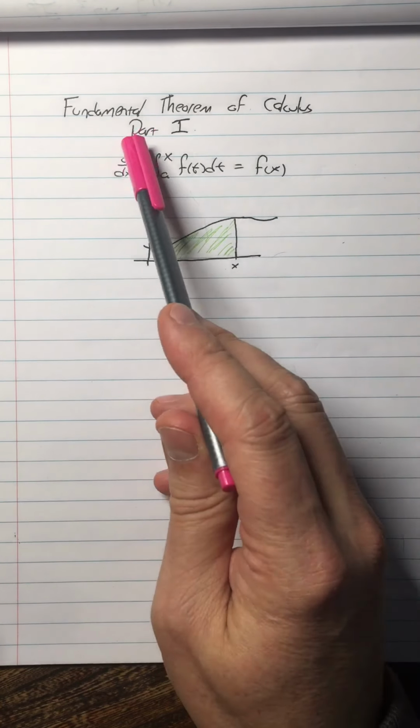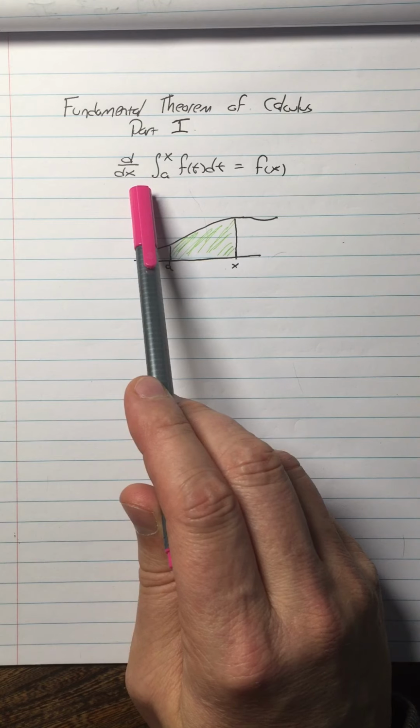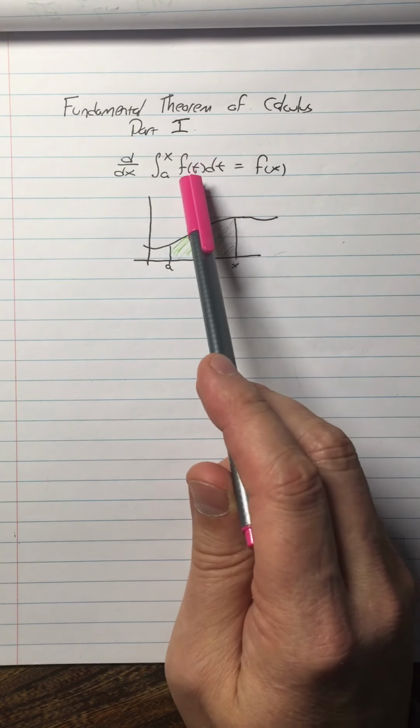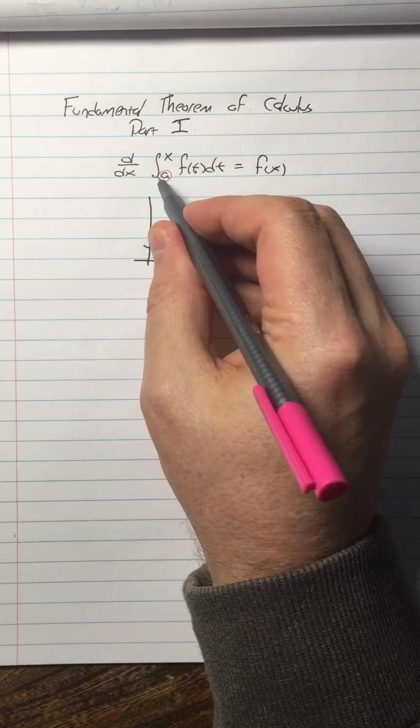So here we've got the fundamental theorem of calculus part 1. The derivative with respect to x of the integral from a to x of f of t dt is equal to f of x. So the first thing that I want to do is convince you that this constant a